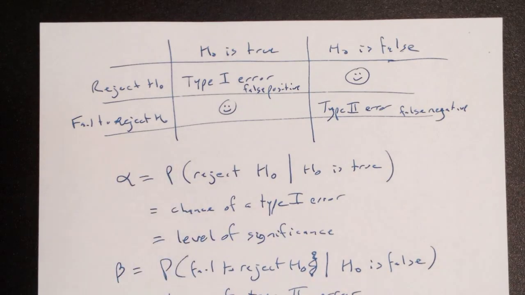I go in and I get my brakes inspected. The guy goes, no, your brakes are fine. I go out. Bad idea. What's a type 1 error in that setting? Tires are messed up but they're actually fine. Brakes, not tires, but yes. I think they're messed up, so I get a brake job and I spend money. Now, if I'm a mechanic, I want you to spend the money. If I'm the car owner, do you want to spend the money? Well, not unless I have to. So to me, as a car owner, a type 1 error might be expensive, but a type 2 error would be more expensive, wouldn't it?